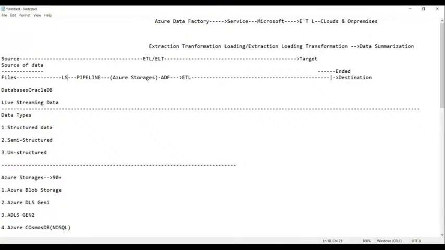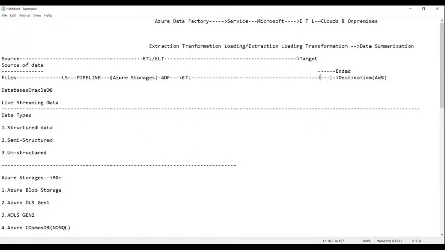Can you see here, you have connected Oracle with this pipeline by using one linked service, and here you have the destination. Let us say you have AWS, Amazon Web Services. You are using the Azure data pipeline and have to connect to Amazon Web Services. Do we require another linked service here?